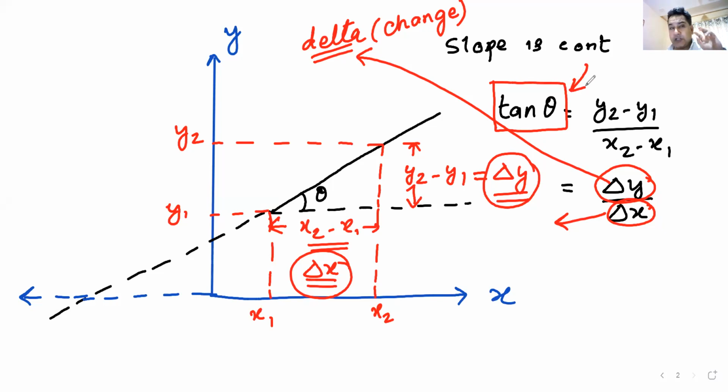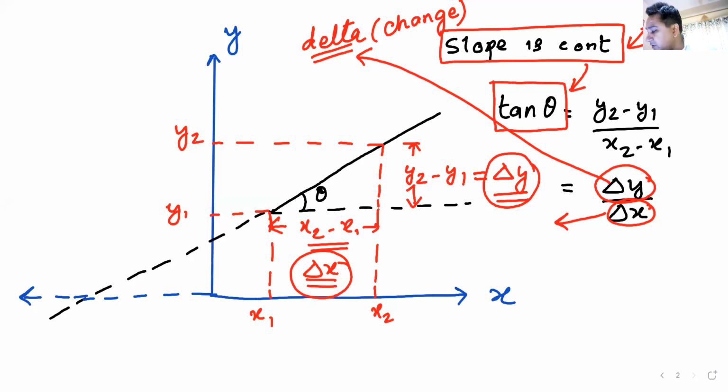Now this slope, since we have understood a line and we know that the slope of a line is constant, there are some more things that we can study about the slope, and that is going to be very, very important for your motion in one dimension or motion in two dimensions. Very, very important point. Please note. I hope you have written this much. I'm moving on. I'll share this entire PNG. Don't worry.